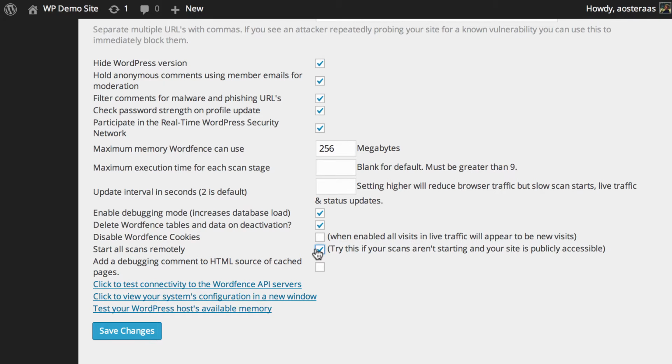Finally, we have the ability to add debugging comments to the HTML source of cached pages. This just means that whenever you load a page and say it's a cached page, you can go in and view the source of that page, and it will give you some information such as how long it took to build the cached page and where in particular it lives on your web server. I think that's really handy to turn on anyway, especially in the instance that you do start to see maybe some inconsistencies on your website or any problems. You can always rely on that little comment to give you that little bit of information you wouldn't have had otherwise. When you're done making any changes here, always make sure you hit Save